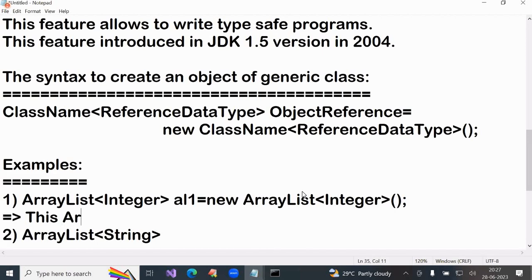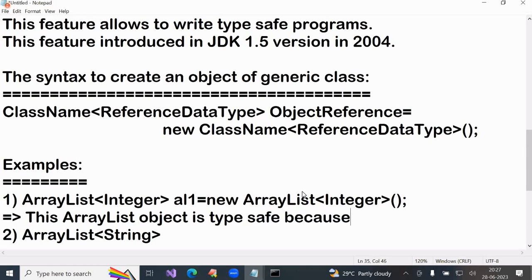This array list object is type safe because it allows integer